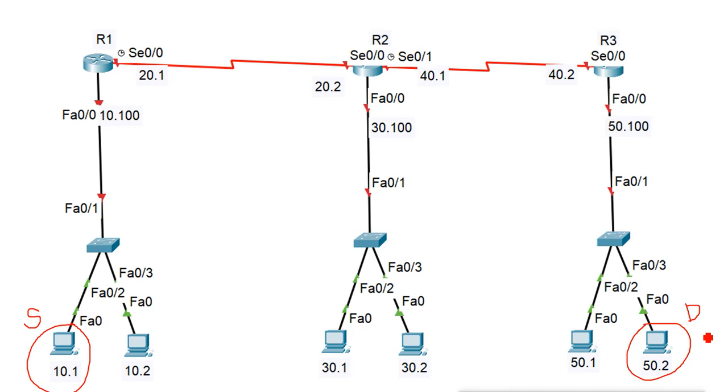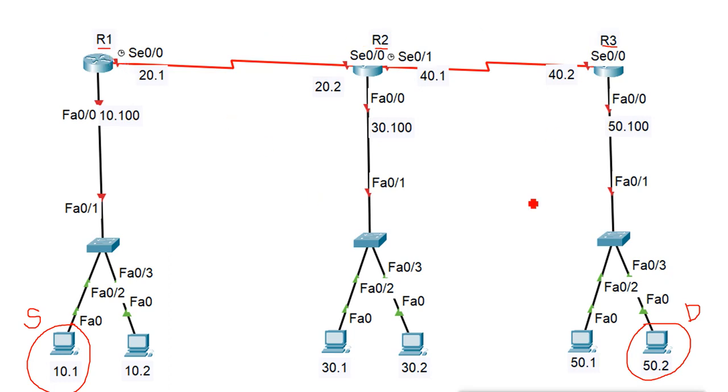Now if you are creating the standard list, where do you have to create the list and where do you have to apply the list? Remember, we create the list on routers, not on switches. We create those lists on routers. So we can create the list on router 1 here, on router 2 here, and on router 3 here also. Remember, this is my source and this is my destination, and I want to use a standard list. So I can create the list on either router 1, 2 or 3.